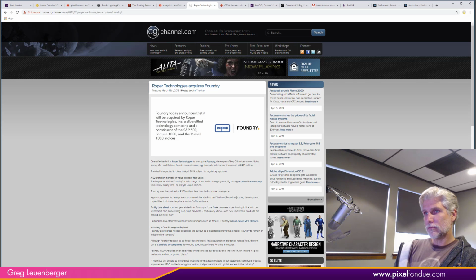Let's see, it's a £210 million license increase, blah, blah, blah. Foundry was valued at 200 million back then. They bought it for 410 million pounds. So is that pounds? I think that's pounds. Don't know what that is in dollars, but anyway, it basically doubled in price. But this is a $1 billion company that bought something for $500 million,